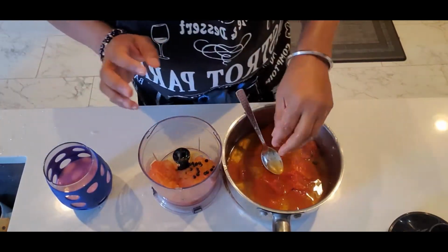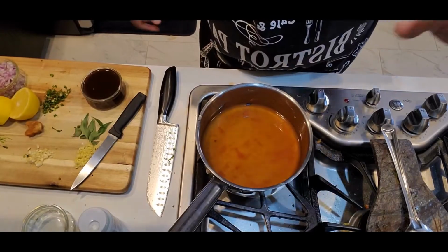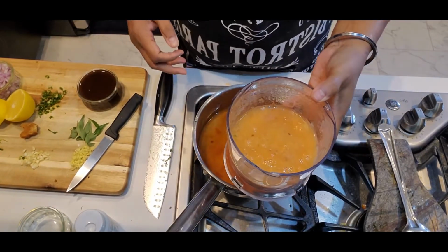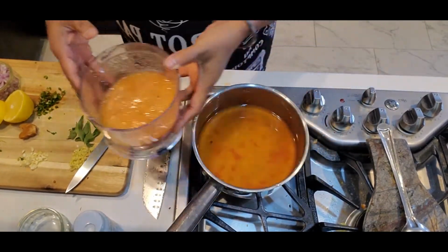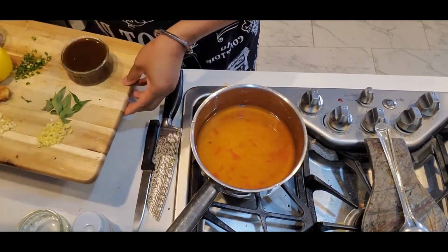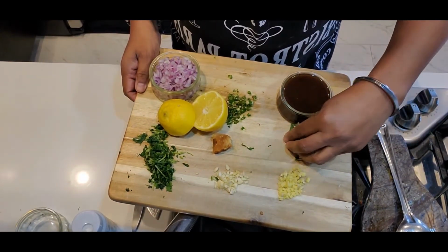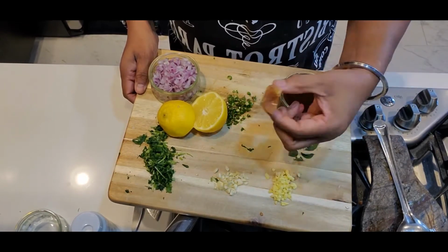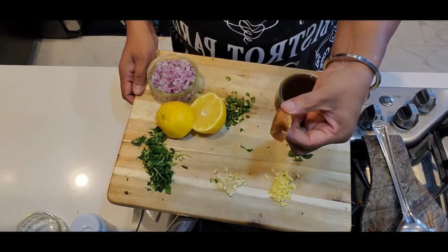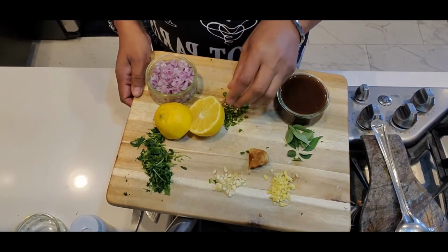The garlic, I'm gonna make blend and come back. So I made the paste of the tomatoes: tomatoes, 10 whole black pepper, and 2 garlic cloves. So that's the paste. And the things that I am going to put in my rasam today is, here we go, tamarind juice, curry leaves for tadka, ginger, garlic, small bit of good jaggery for the sweetness, to beat the sourness of the tamarind,